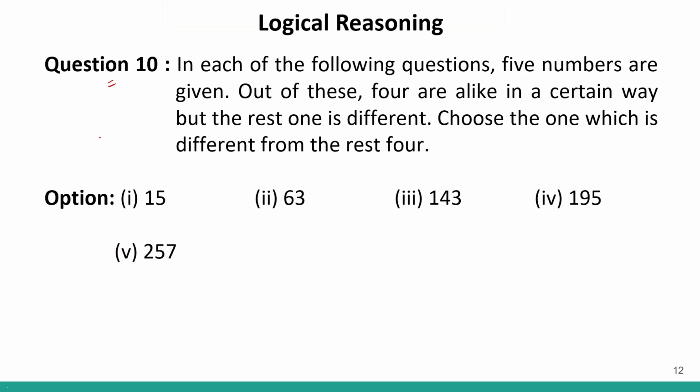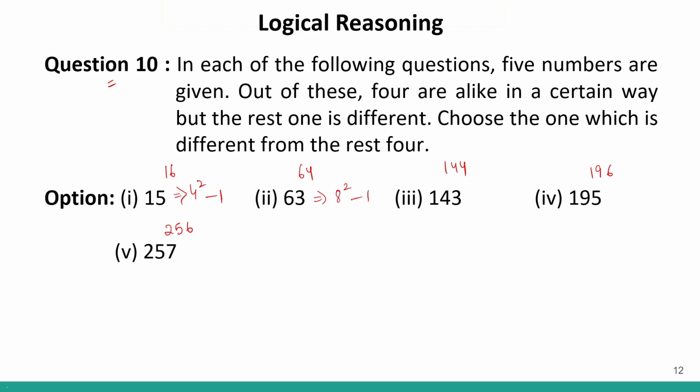Now question number 10. Again, I can see certain numbers that are very close to a perfect square. So over here, I can see this is very close to 16. This is very close to 64. This is very close to 144. This is very close to 196. Similarly, this is very close to 256. Correct? So I can say 16 is 4 square minus 1. Correct? 64 is 8 square